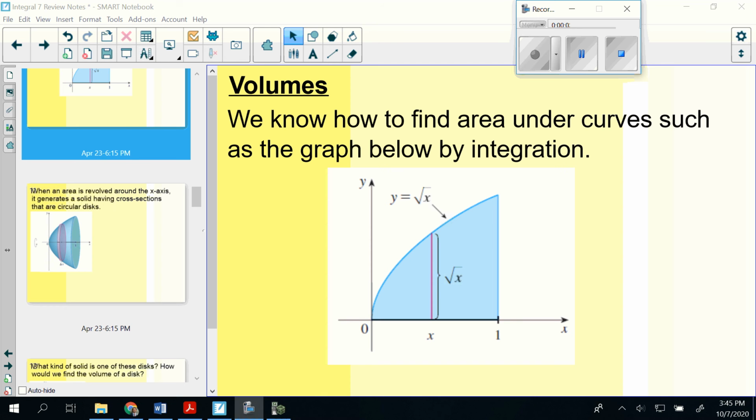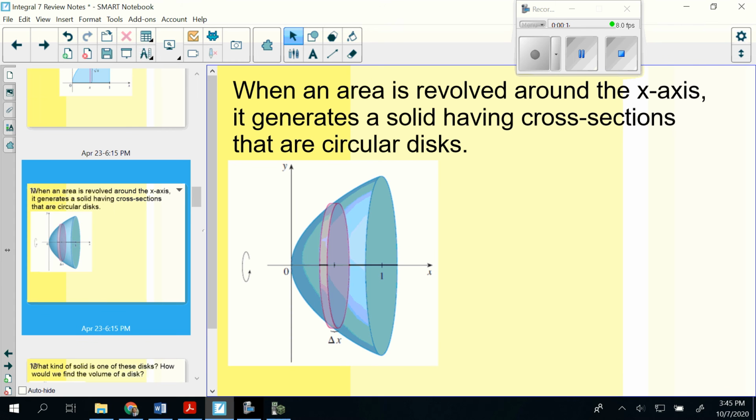We've looked at using area to find the amount of space under the curve. Now we're going to translate this into volume. So how do we use that concept to find volume? Well, if we took that area that we just had and now rotated it or revolved it around an axis